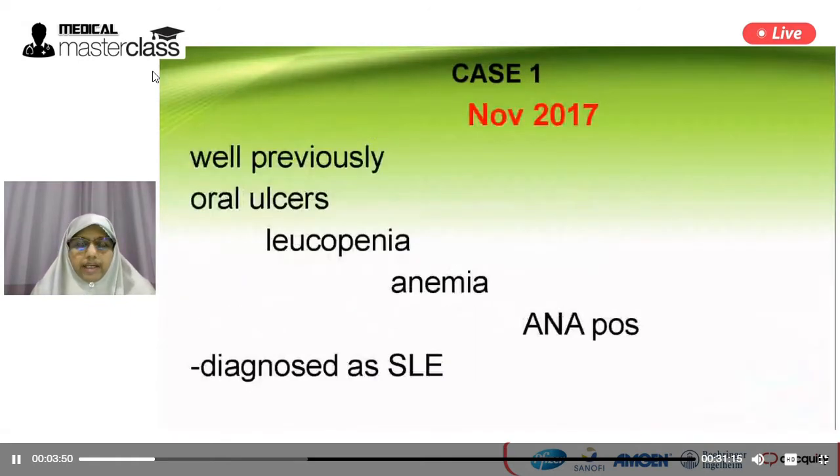She presented to a different hospital; she was well previously, and she presented with oral ulcers and leukopenia. She was anemic, and her ENA was positive, and she was diagnosed as SLE. So when she presented to a different hospital, these were her symptoms. She was well previously. Before we go on to the progress of